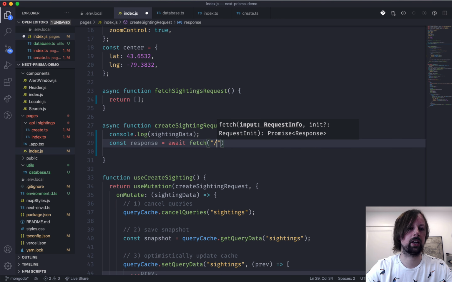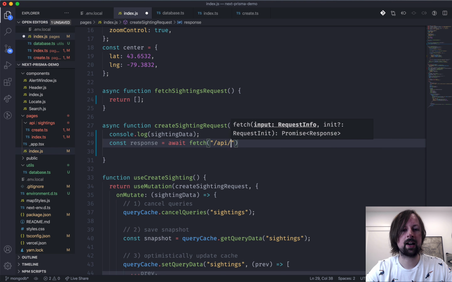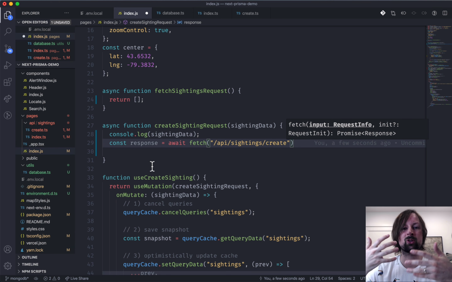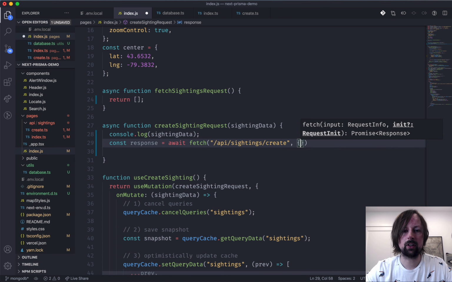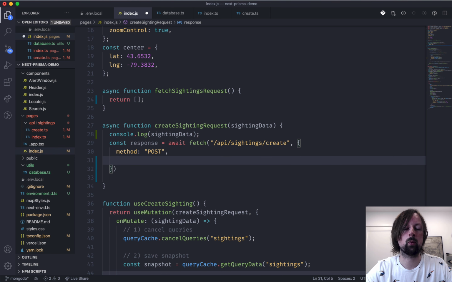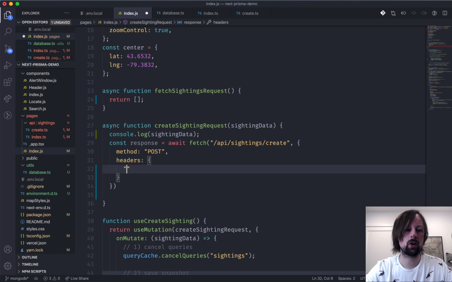And where are you going to post the data to? So we are posting to API Sightings create. Next.js gives you API pages, which allows you to build a backend sort of side by side with your Next.js frontend. But by default, fetch does GET requests, which is when you're reading data. So we want to send data, which is a POST, when we're creating new records. So we say method is POST, and we need to also say what type of data we're sending up. So you do that via the headers, and we want a content type of